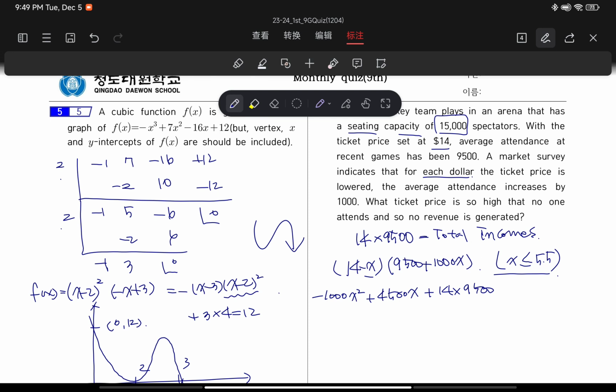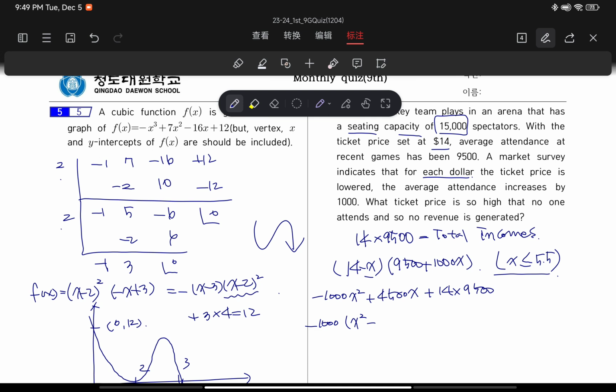It's okay. Now factoring out the negative 1,000: negative 1,000 x squared minus 4.5 x, so 45 divided by 10, canceling the 5,